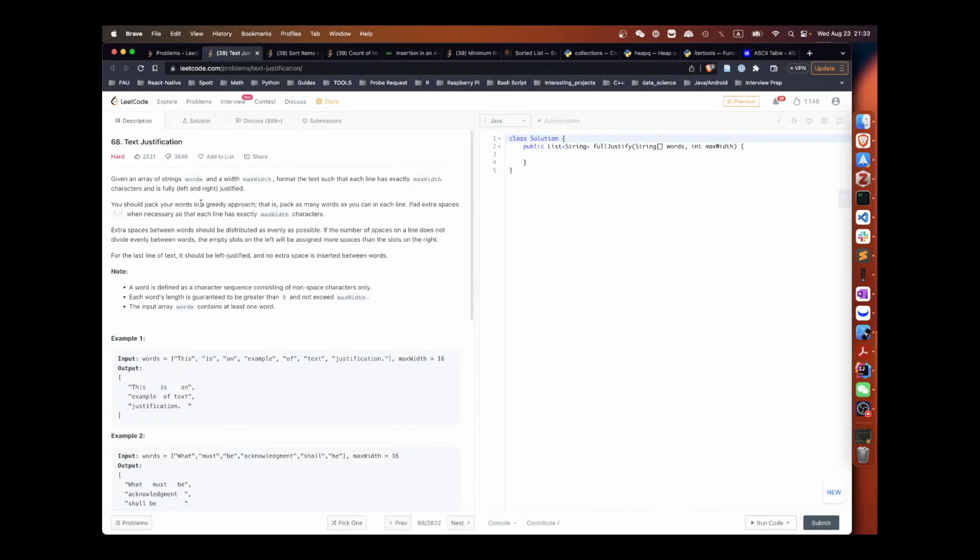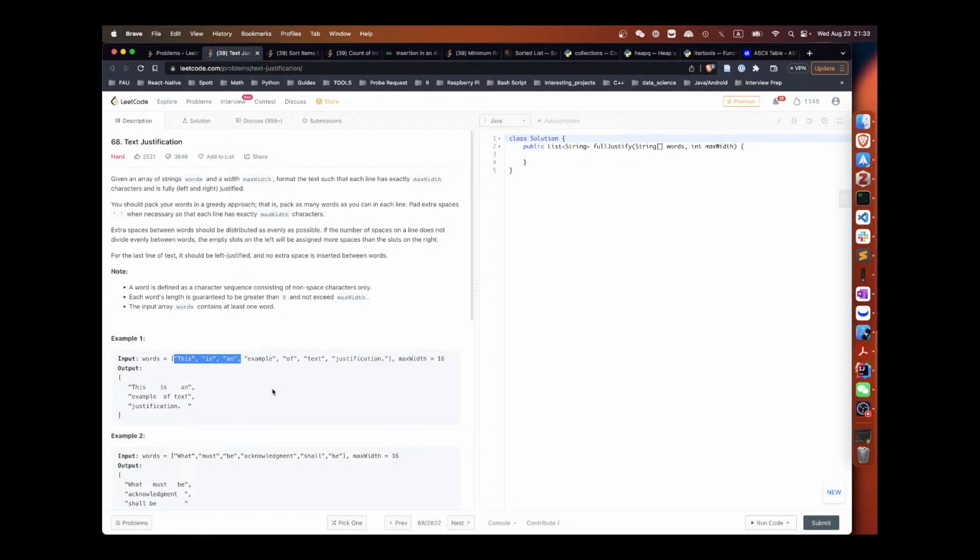You should pack your words in a greedy approach. Pack as many words as you can in each line. So this is 1, 2, 3, 4, 5, 6, 7, 8, 9, 10, 11, 12, 13, 14, 15, 16. That means we cannot pack more, so this is the only thing we can pack.